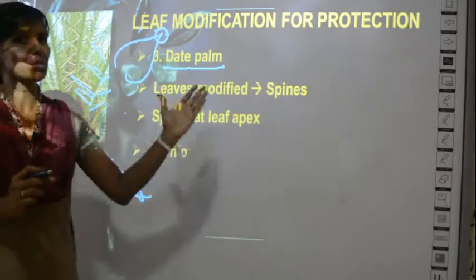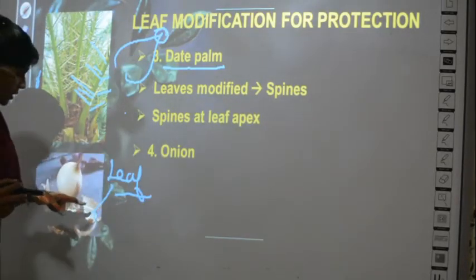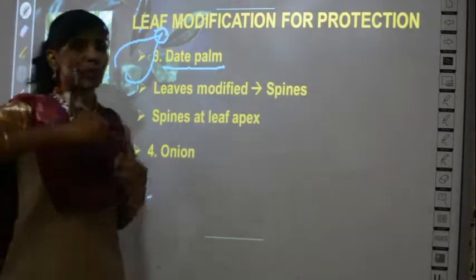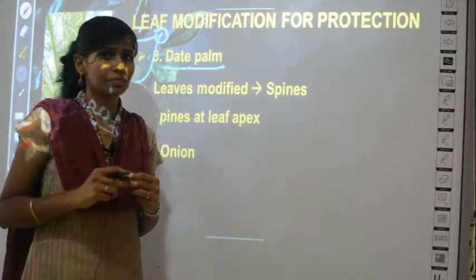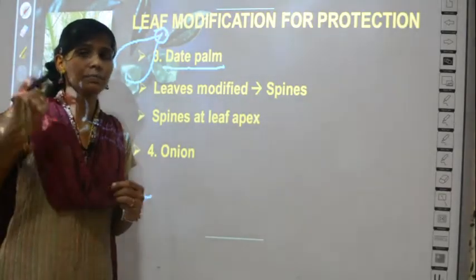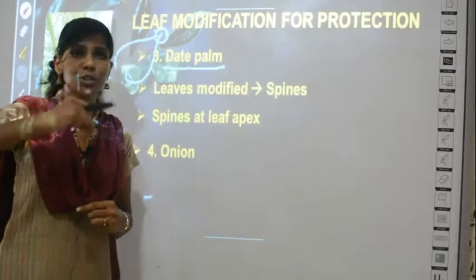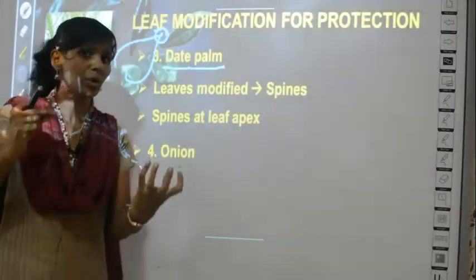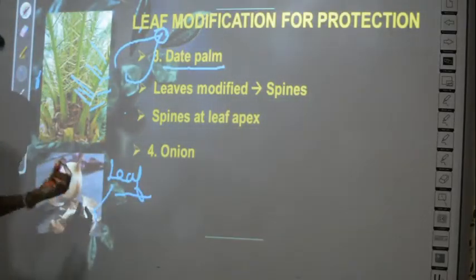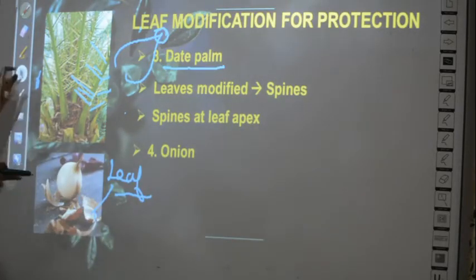These are all exceptional plants where you don't see this regular leaf structure. So this is the leaf in the case of onion. In spring onion, you must have seen, if you have grown an onion plant at your home, initially you will have spring onions, a leafy structure above the onion, and the bulb of the onion will be underground. But in later stages the leaves are modified into these scales. So this is the actual leaf.